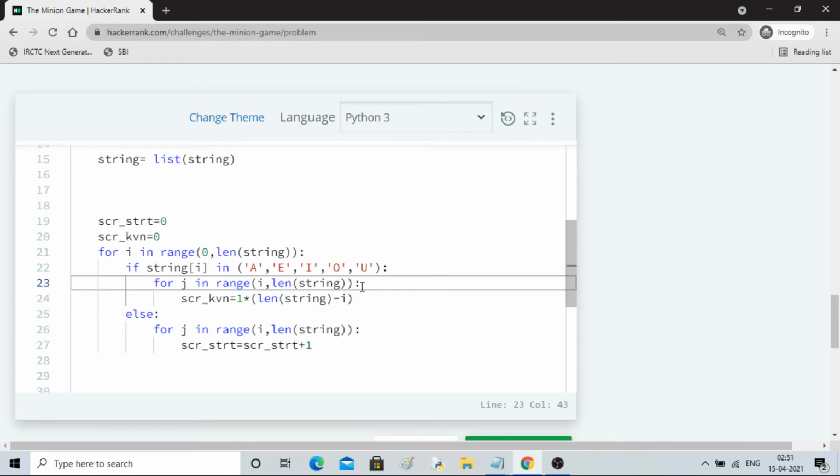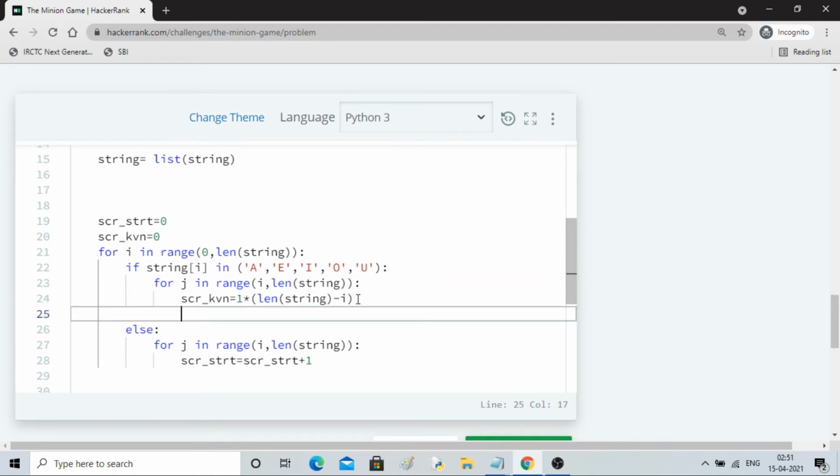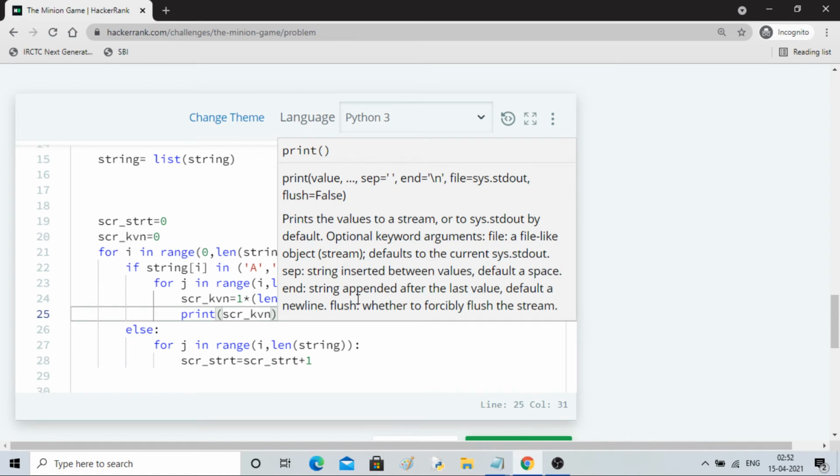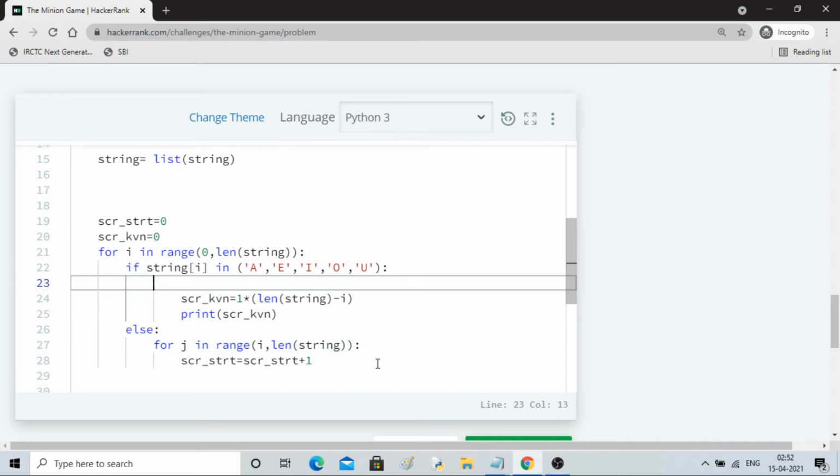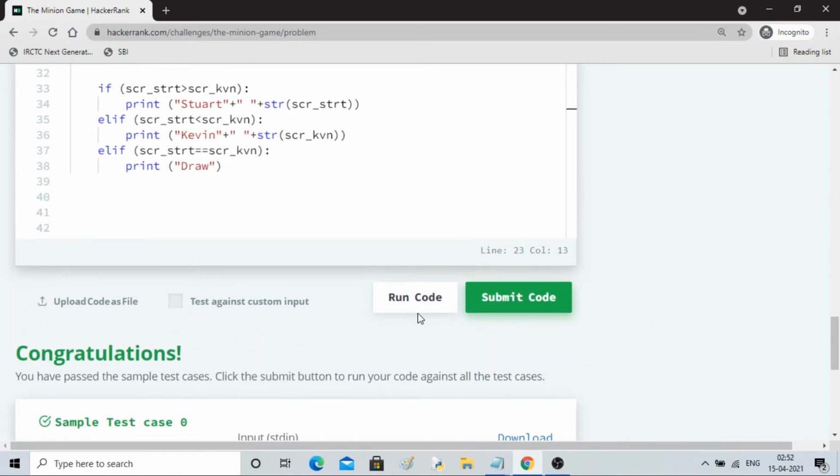Let me do it actually. I'm not sure if I've given the logic correctly. So let me print it. I will remove this. Then what will come? Let me check.